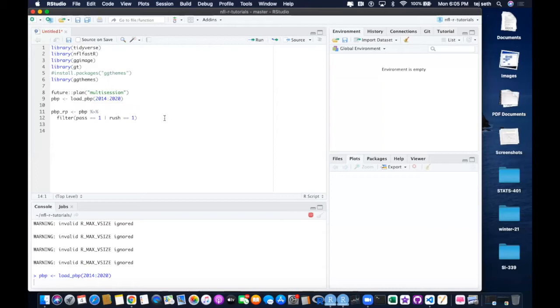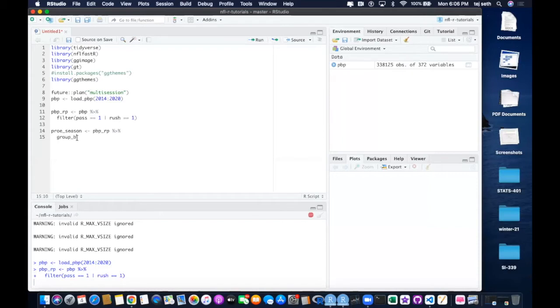And now what we want to do is make a graph that shows a team's pass rate over expected by each season and how that compares to the rest of the league. So for that we can create a new data set called pass_rate_over_expected_season. Take the pbp_run_pass that we created up here where we filtered out the runs and the passes. And then we can